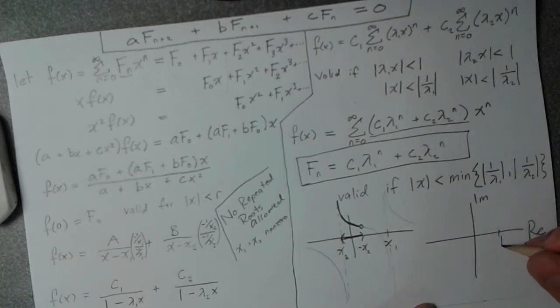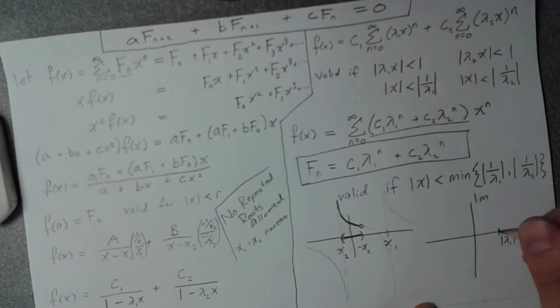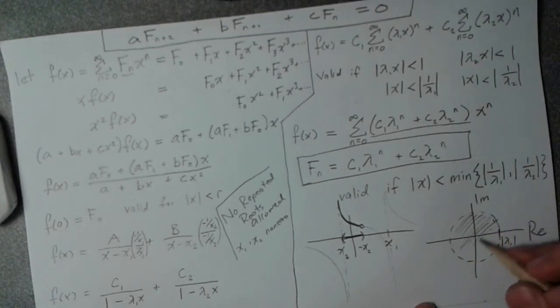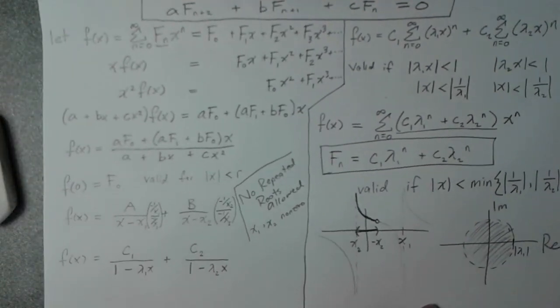If you look at the magnitude of it, I could just say this point right here would be the absolute value of, let's say, lambda 1, if that's the smaller one. Then what you're going to have is this region of convergence here that's going to be this disk without the border on it. Whoa. Okay,